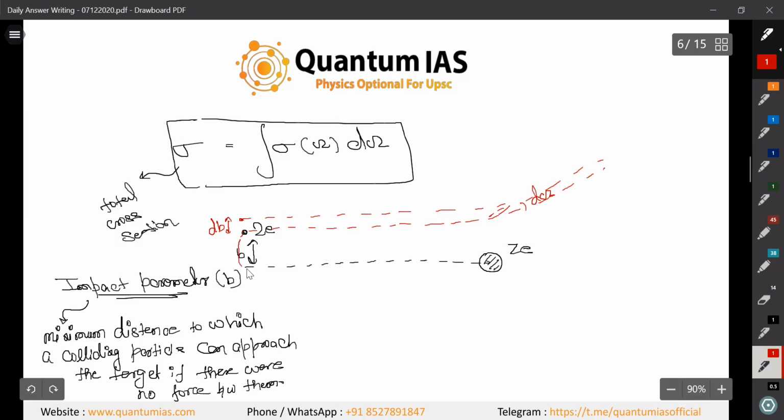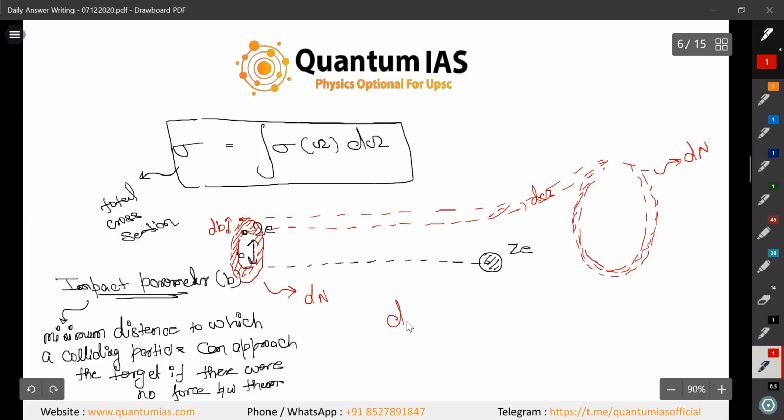If you can make b and if you can make the db, so this will be the cross section where the particles are coming, and the hole one will be the cross section where the particles are scattering. So we know that the particle crossing here is dn, and the particle scattering here will also be dn. There is no loss of the particle here. Just keep this in mind. Okay, so what we can write here,